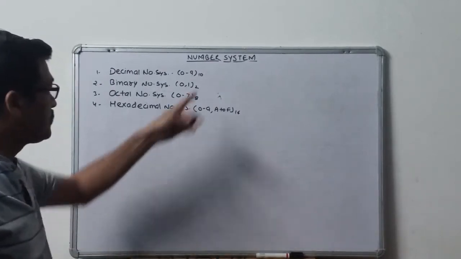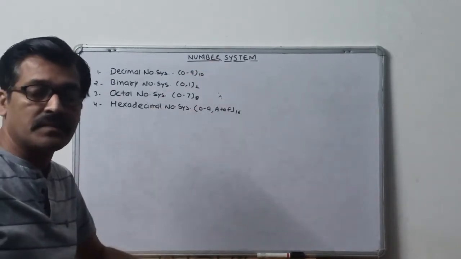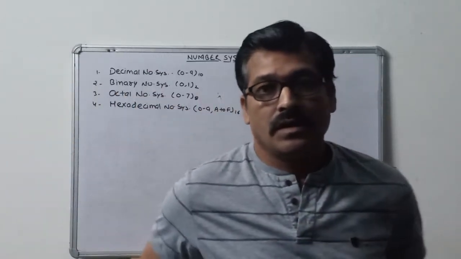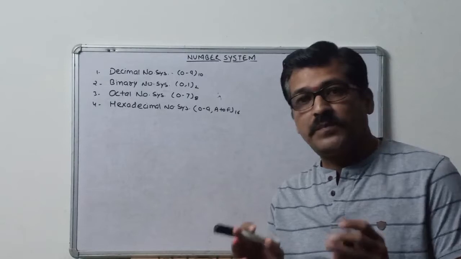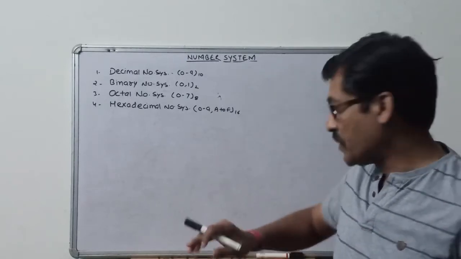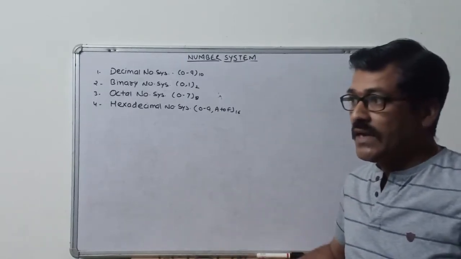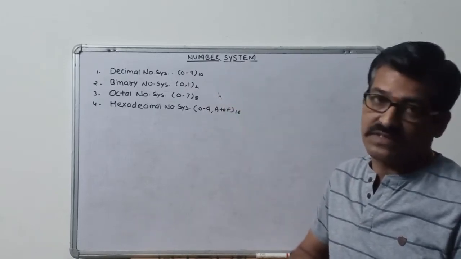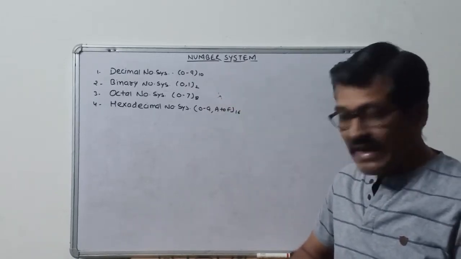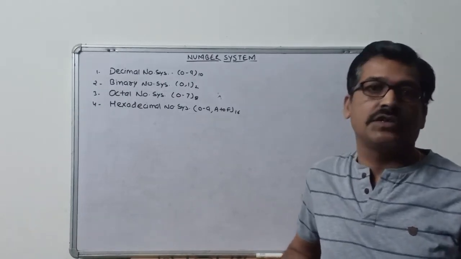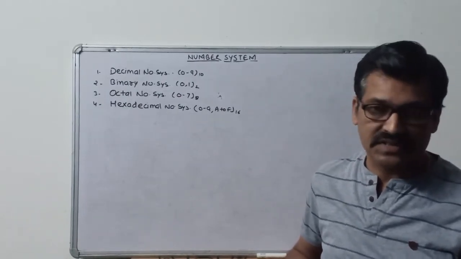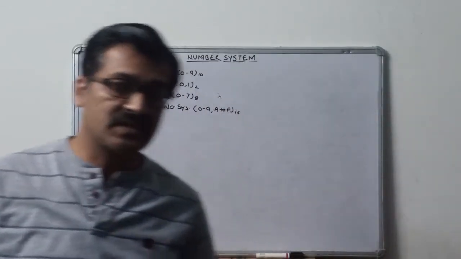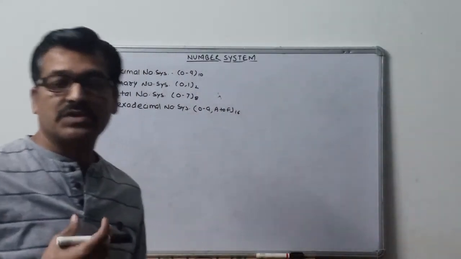In this video, we'll start number system. In the previous one, I told you the importance of computer science, importance of the programming language. Here in this video, we'll start our syllabus by the chapter number system. As we know, the computer can understand only 0 and 1, the binary number systems. But for different reasons, we have different number systems in our programming language, in our computer system.